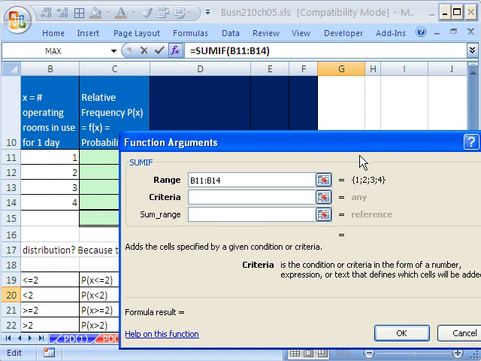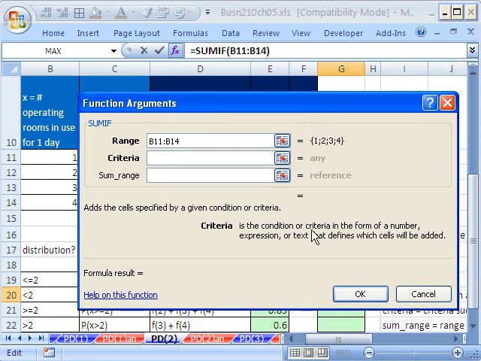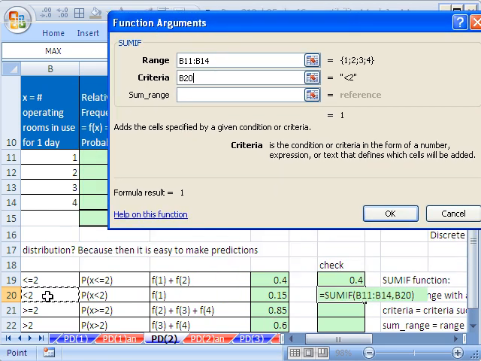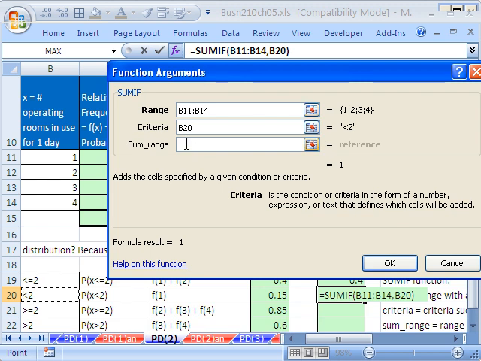Now, criteria is the condition or criteria in the form of a number like 2, expression like greater than or equal to 2, or text. Because you can use SUMIF to count like the sales for apples if you want. So I'm going to click right there, right? Because there's the associated one. And finally,